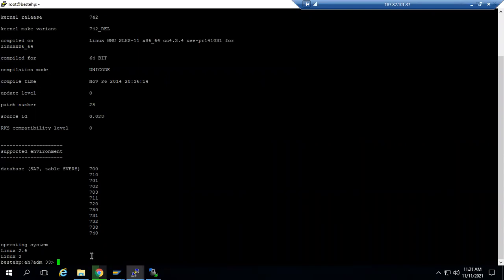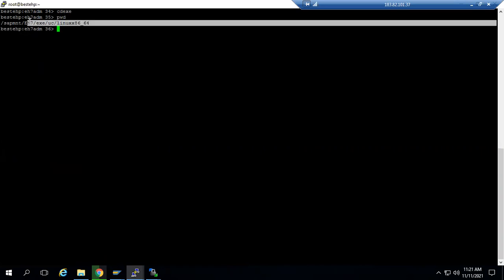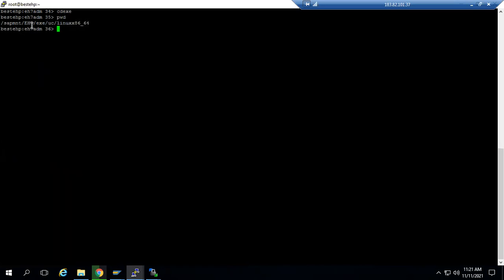So the shortcut is cdexe. Okay, so the kernel resides in this path. If you want, you can make a note of it: /sapmnt/SID/exe/uc/linuxx86_64. Okay, so here I will call ls -ltr.